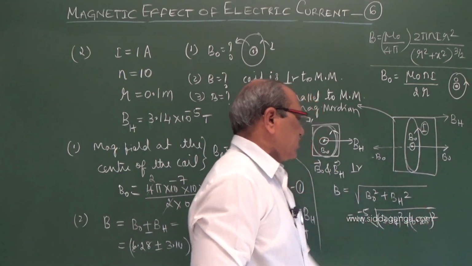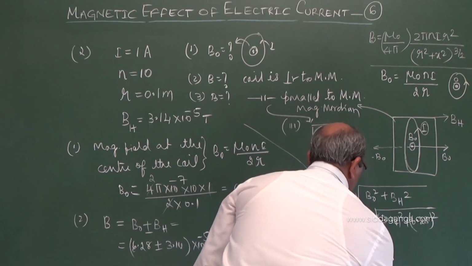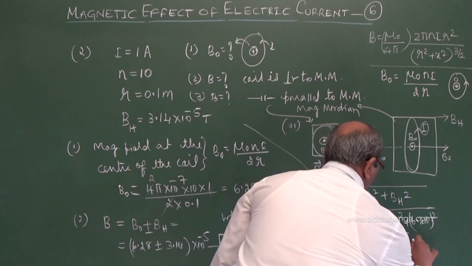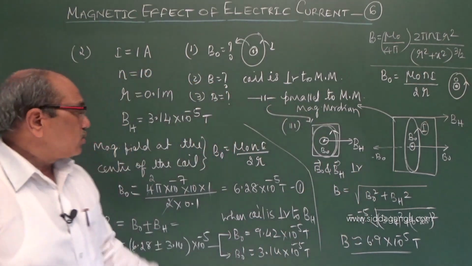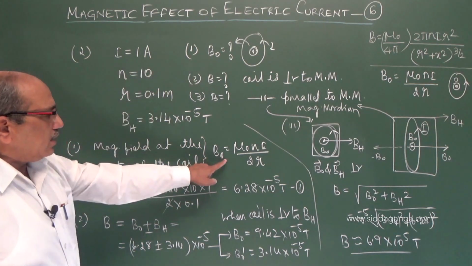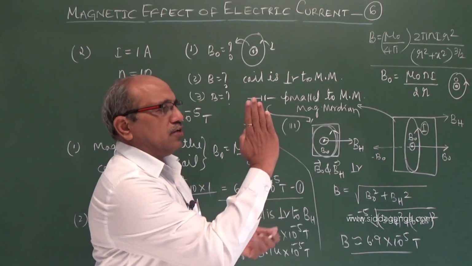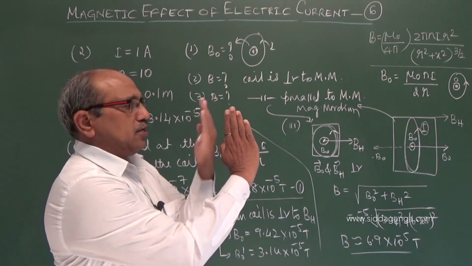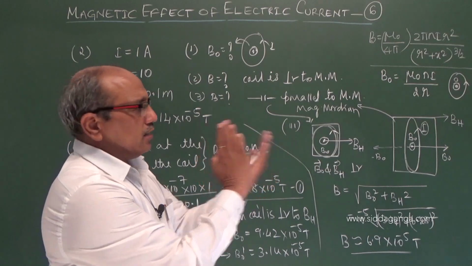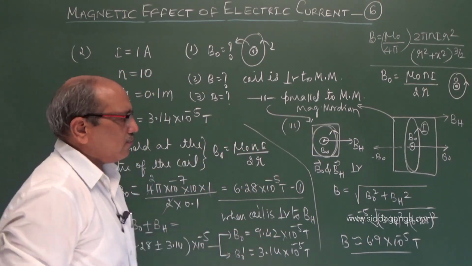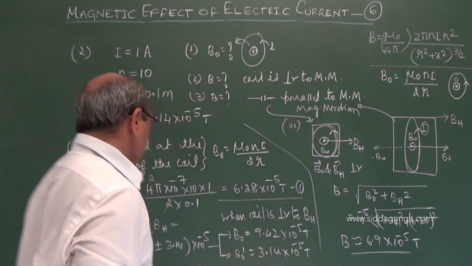Approximately if you take, it is 36, around 40, it is around 10. Nearly 50. Nearly 50 means I can approximate, you can try 6.9 into 10 power minus 5 Tesla as the magnetic field obtained. So you are asked to find the magnetic field at the center, directly we estimated and we got this answer. Suppose the coil is placed perpendicular to the magnetic meridian. Then BH and B become parallel, either anti-parallel or parallel, therefore two answers we have. And if it is in the perpendicular plane, the answer we got is this. Come to the next one.